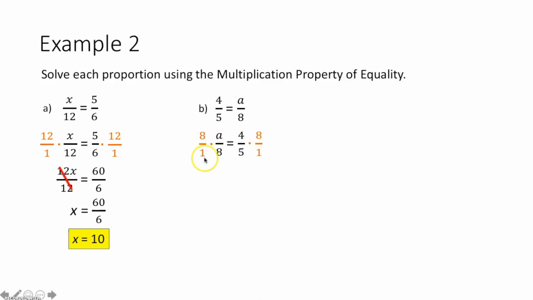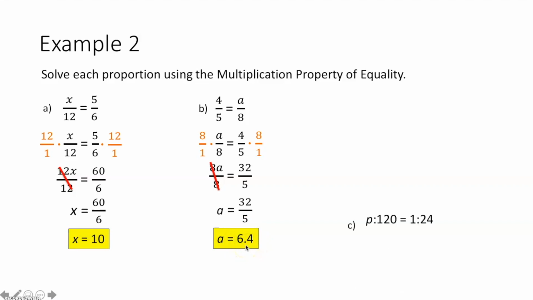And 8, remember, is the same thing as 8 over 1. And we do this because these are going to cancel each other out. If you didn't realize that, you can just multiply straight across and get 8a over 8 is equal to 8 times 4, which is 32, over 1 times 5, which is 5. Sweet. Now these are going to cancel each other out, and I'm left with a is equal to 32 over 5, which you can write as your answer, or you can make as a